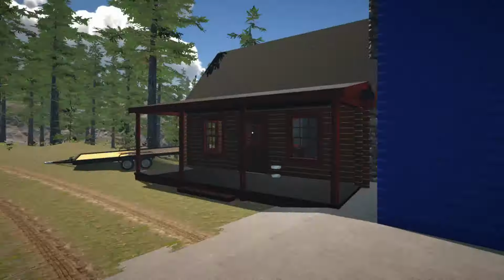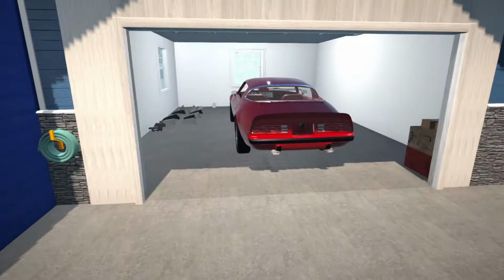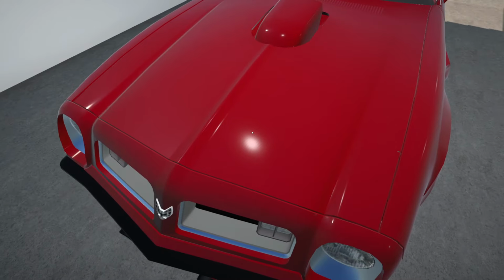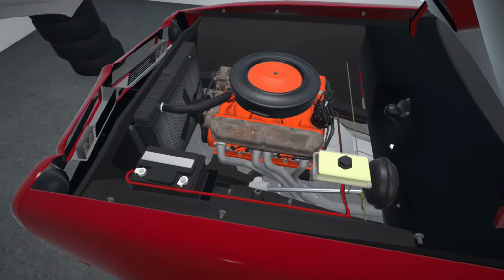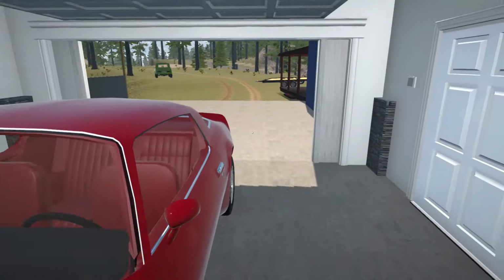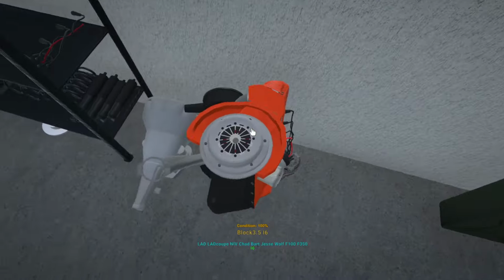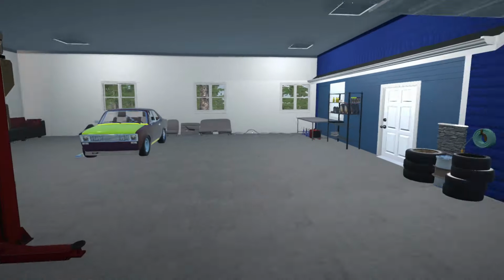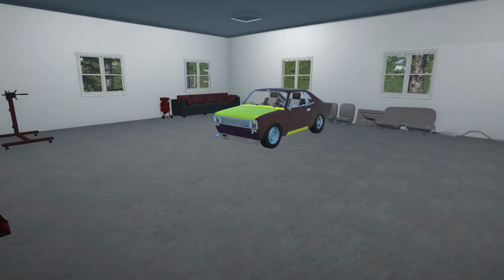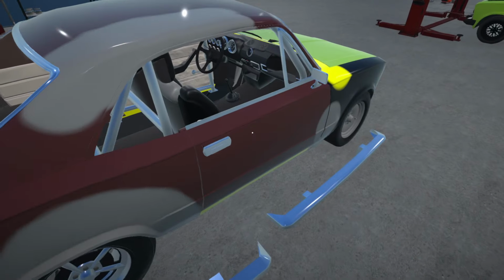So I was able to get the little Lad Coupe into the garage over here. Our Firebird is in here now, so that is pretty much where I'm going to have to get this engine taken out. So hopefully we can get a cheap engine we can put in this, because I'm reluctant to put the inline 6 motor in it, which we have here, because this is actually allocated for our Niv Truck, which we will do very soon. But for now, I'm going to jump into this car and see if we can get it stripped down for paint. So I'm pretty much going to take off the